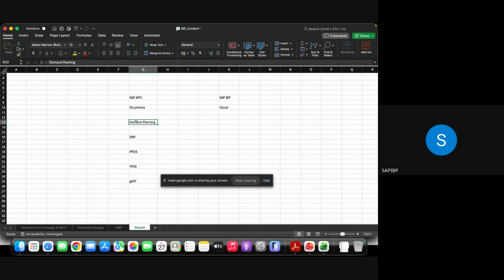So the first one is demand planning. Basically, demand planning is a forecasting tool. It will read your historical data, and based upon that, it will help you to predict the sales for the future. Generally, we use demand planning for the long-term plan. So for the next 1 or 2 years, what demand are you going to get, so that you can plan accordingly. So demand planning is a forecasting tool and it's a long-term plan.